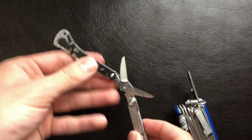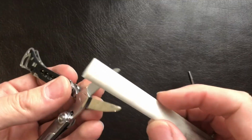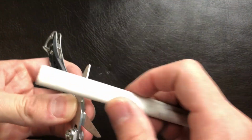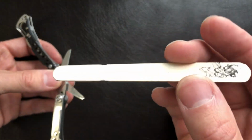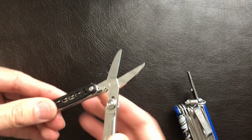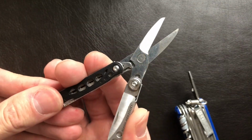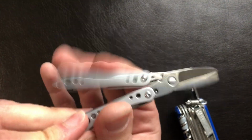And that is enough space for you to get in there with, say, this Spyderco ceramic stone. You can lay them open and sharpen them up like that, or if you've got nothing else, maybe an old little nail file, and just hit it that way. And then when you're done, you just squeeze them back together, and they go back to springing and acting like